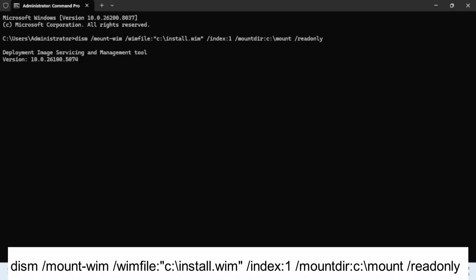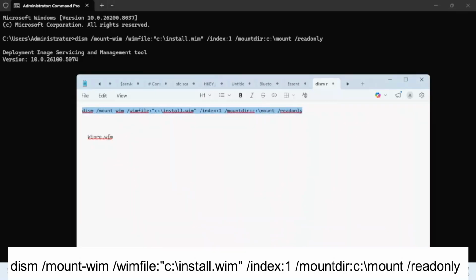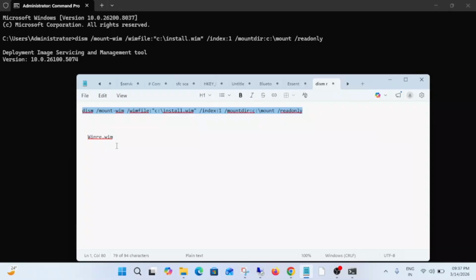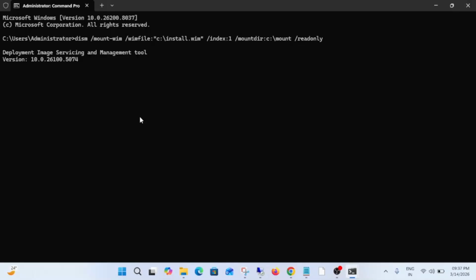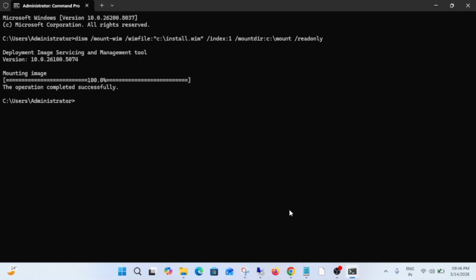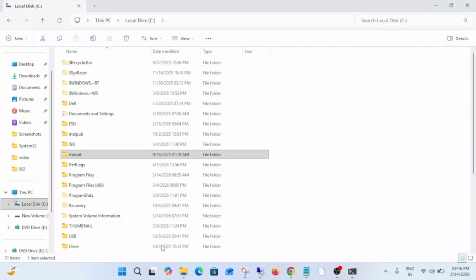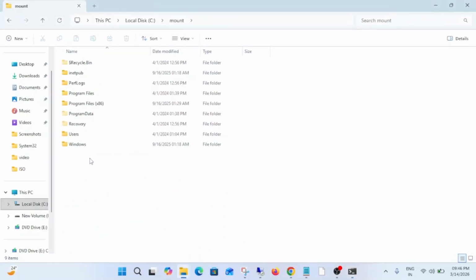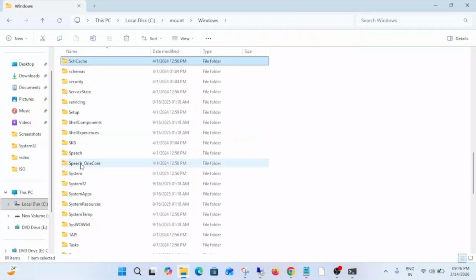Once it is extracted, we need to copy and paste this winre.wim. We just need to wait here for some time. It will take some time. Now it has started. Now it's almost done. Now it is completed. Now go to your mount folder here and again look for Windows, System32